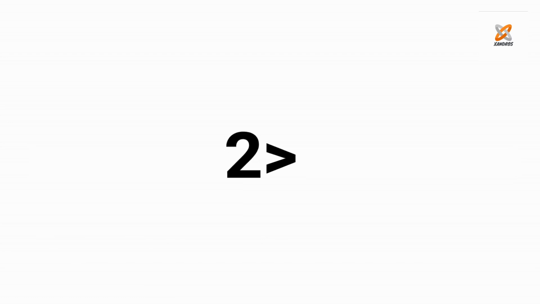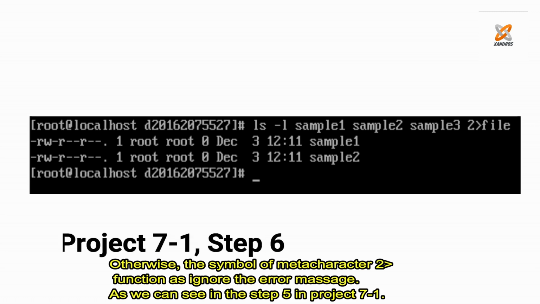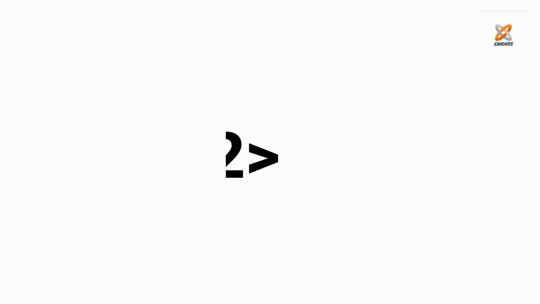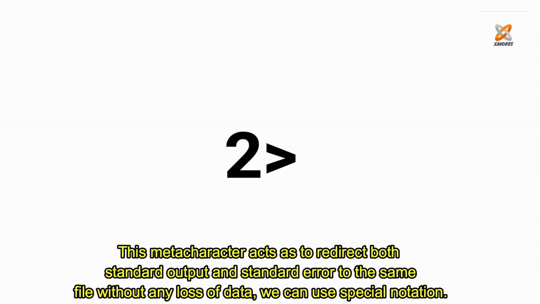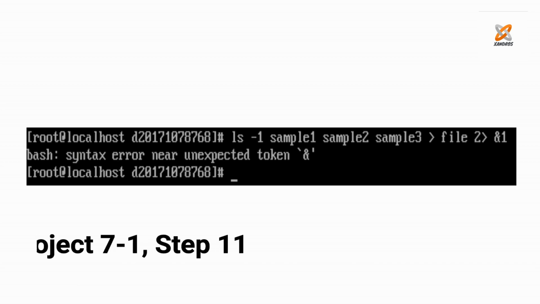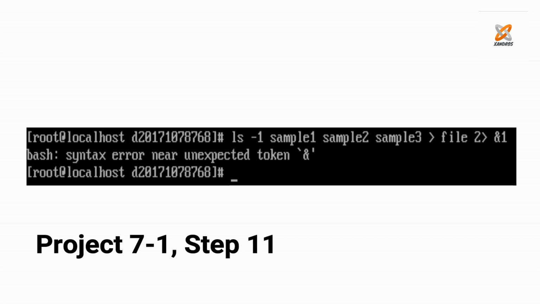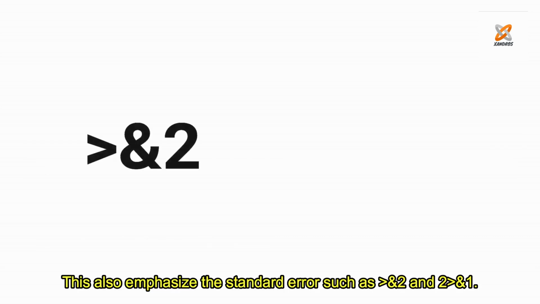Otherwise, the symbol of the meta character functions to ignore the error message, as we can see in step 6 in project 7.1. This meta character acts to redirect both standard output and standard error to the same file without any loss of data. We can use special notation. For more examples, step 11 in project 7.1 has displayed in the screen. This also emphasizes the standard errors such as and